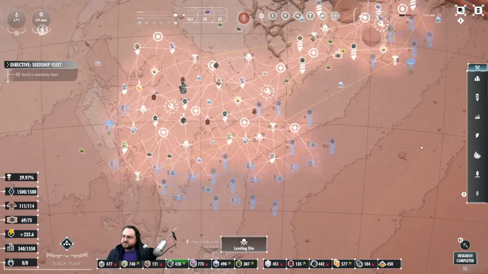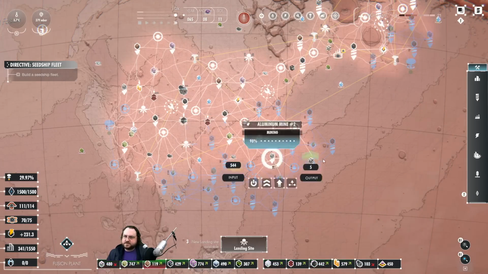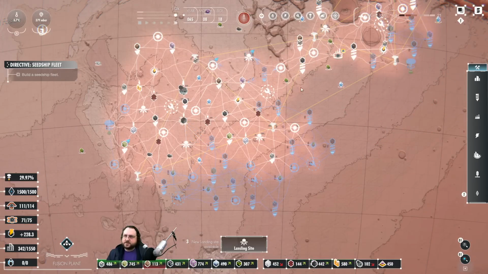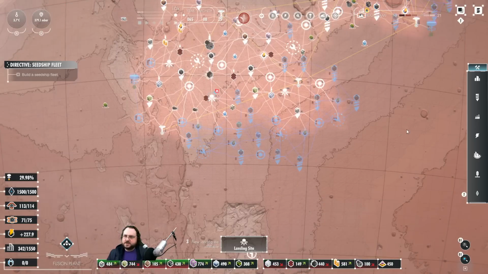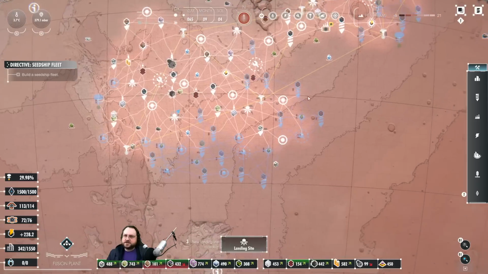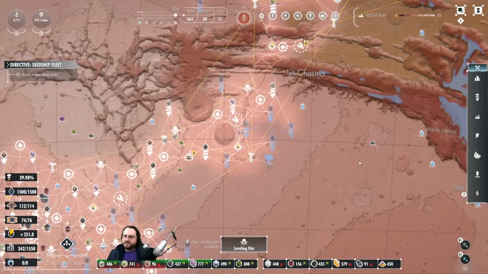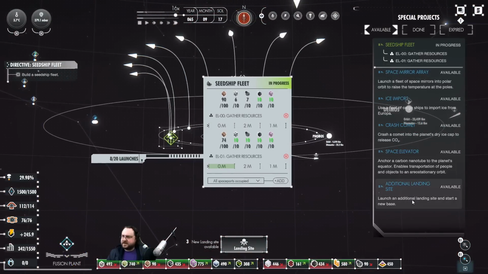Fusion plants. So that should hopefully be the end of our power problems. We still need lots of aluminum. We use lots of aluminum for construction, so we'll put those down too. I could updoot some of the infrastructure so it gets done first, but I'm actually kind of okay with the order things have been being made in over here. I think we're going to be fine. Same thing over here. Do we have... Yeah, we do have some extras, so...